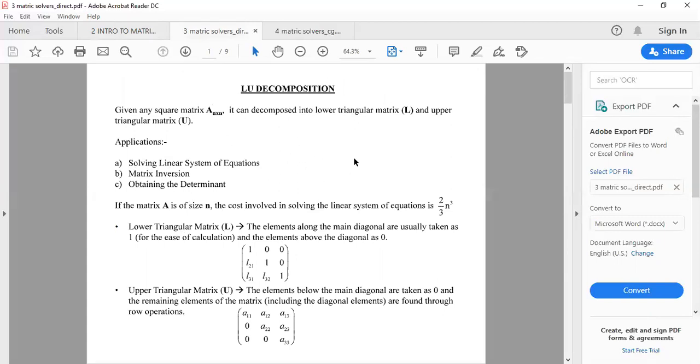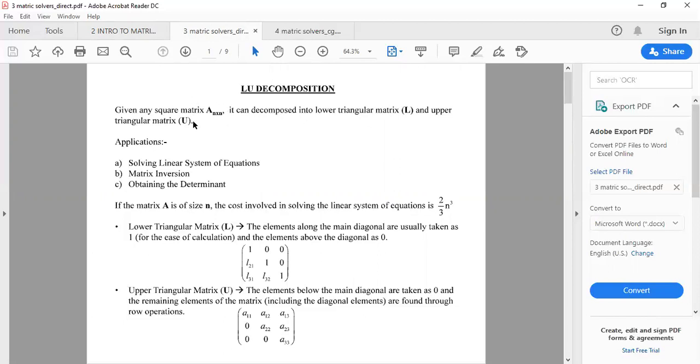If you have a 100 cross 100 matrix, finding A inverse itself is very complex. When you try to write it as code, even if you use computers and numerical techniques, it is very tedious and complex to calculate A inverse directly, like what we do for a smaller matrix in our matrix algebra. You calculate 1 by modulus of A into adjoint of A.